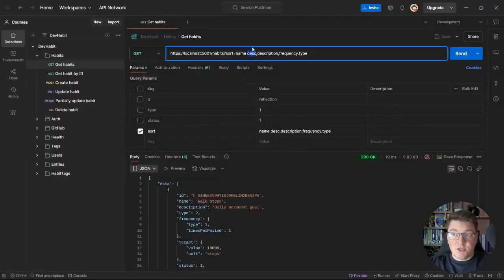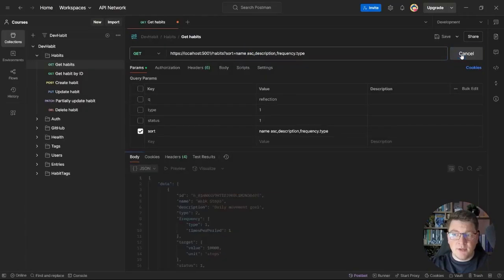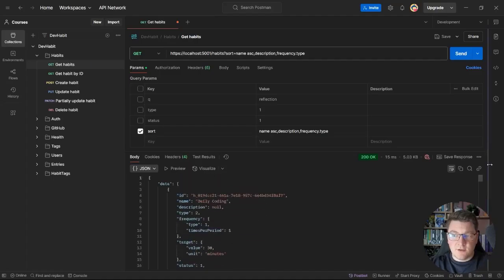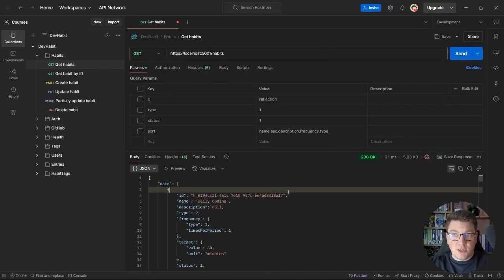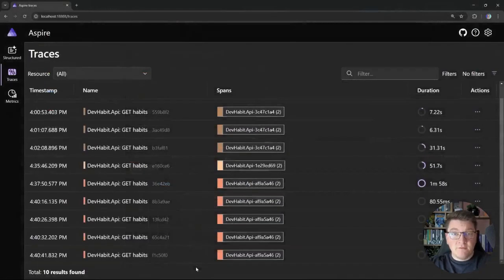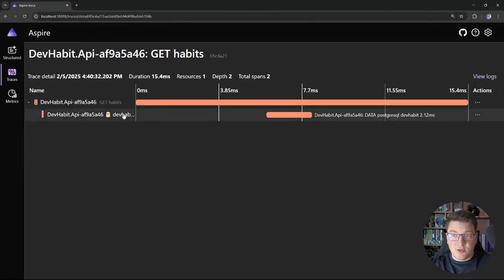If I go ahead and change this from name descending into name ascending and send this request again, we're going to get back a slightly different set of results. If I omit this entirely, we should be sorting based on the ID column, which is the sort order that you see here. And if I navigate to my distributed traces, and let's take the second to last trace